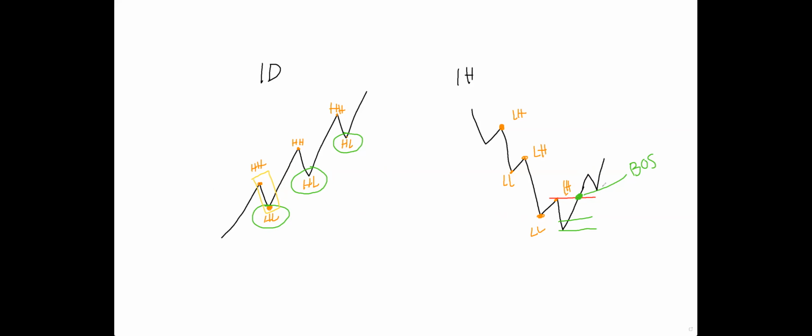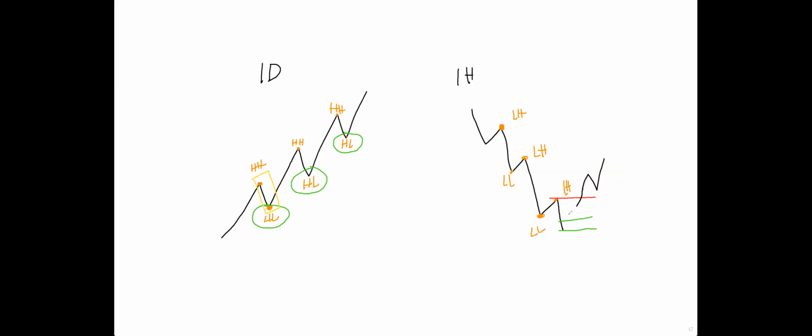Now, where does our demand zone area stuff come into play? So this is where that comes into play. And that's why I say you can use it on any time frame, right? So let's go back here. So we already know this is a break of structure, obviously. So let's say we've seen that the daily is now starting to uptrend and we're looking for an entry and we don't want to just jump into the entry.